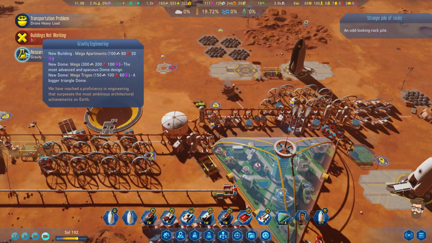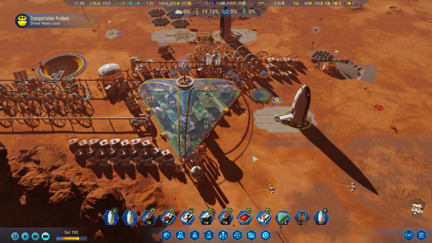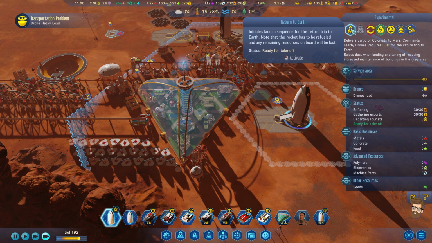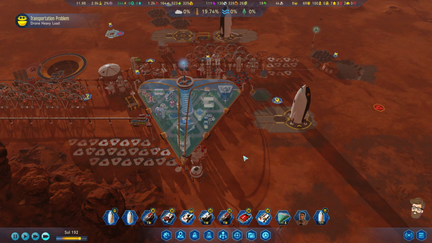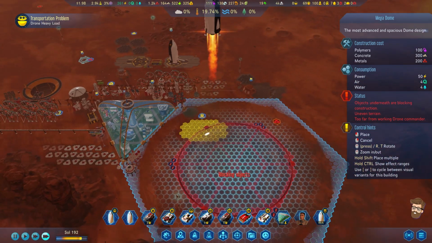Gravity engineering is done, which means we can now do the mega dome. I can start getting the new shell set up for my colonists. Experimental is fully loaded. I can't remember why I haven't sent you back to Earth. Let's go ahead and do that now. So, Megadome. I can't actually keep